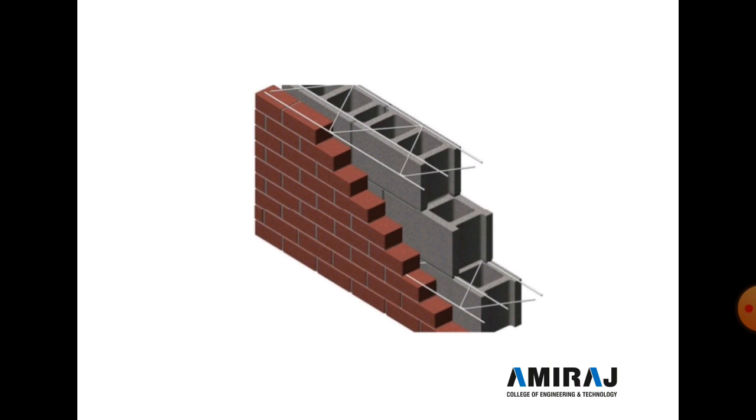Now in this figure we can see the composite masonry structure. In this structure, on the inner side we use hollow concrete blocks and on the outer side of the wall we use brick. Both walls are bound with each other by joints. At regular intervals, horizontal keys or joints are provided to create the bond between the two walls.